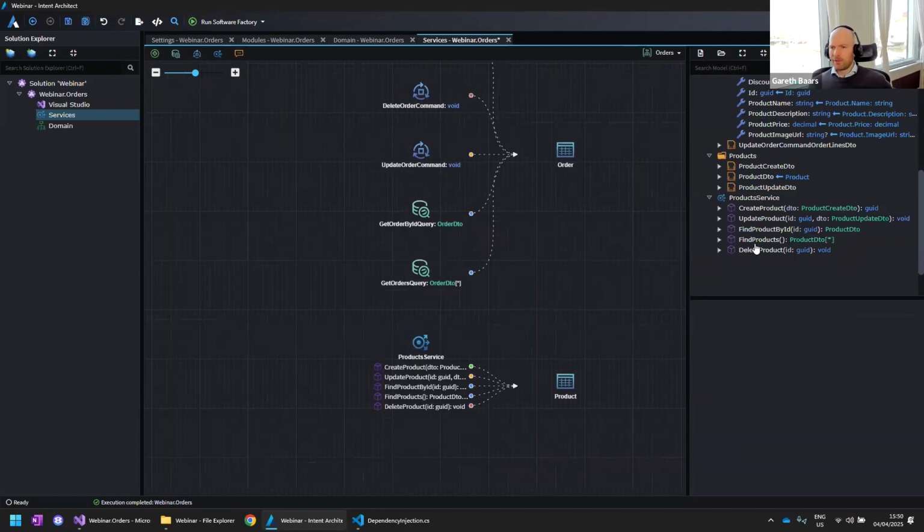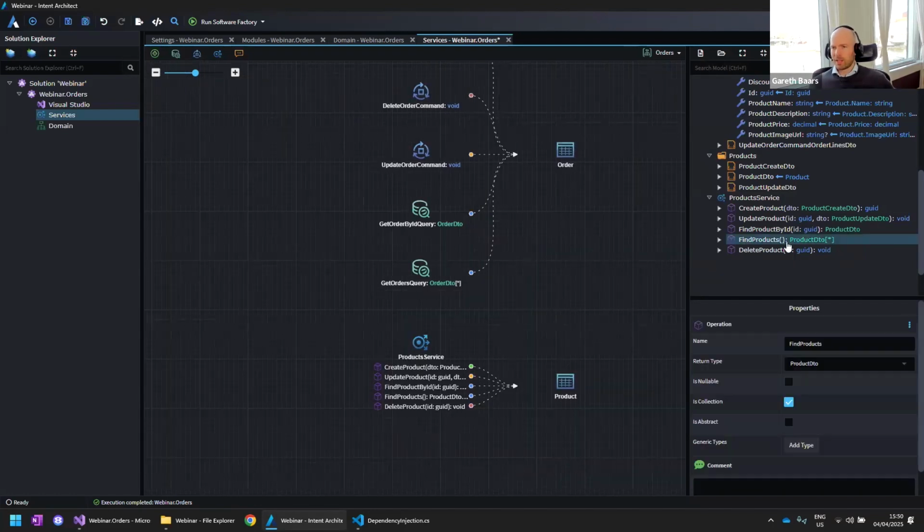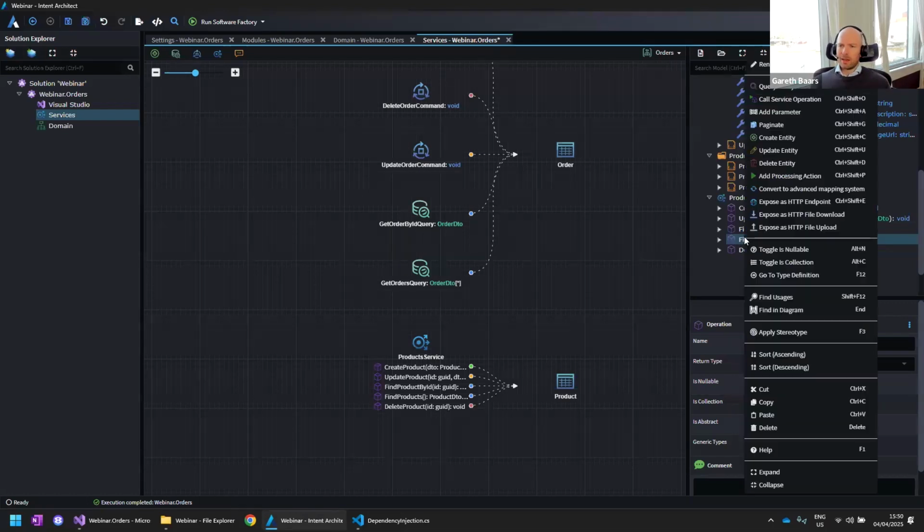Another accelerator that you guys might find a little bit interesting here is on the find products. You can see that the find products is going to return us a list of product DTOs. Now, in a system which has tens of thousands of products, you don't want to do that. You don't want to go fetch out all 10,000 or 100,000 products in that system. You want to probably employ some kind of pagination. And so we've got accelerators for those very common use cases. So we'll typically have accelerators for things like that.